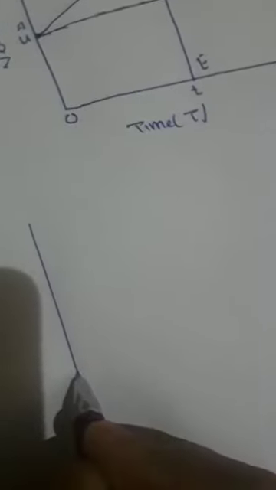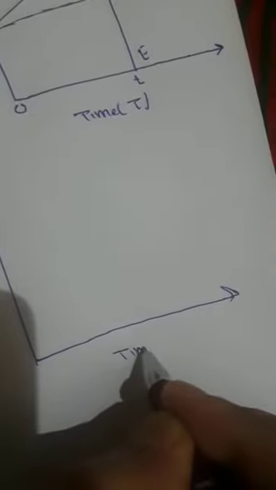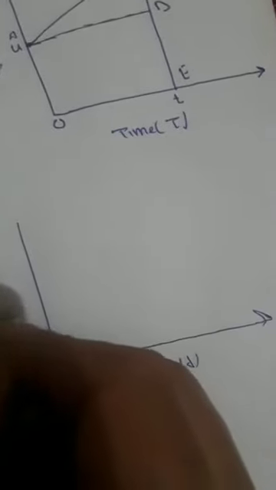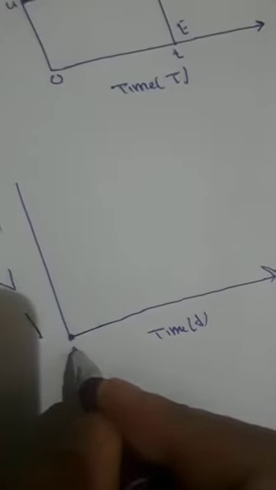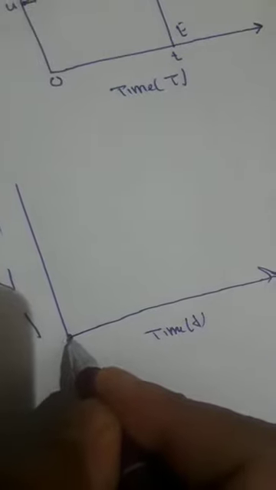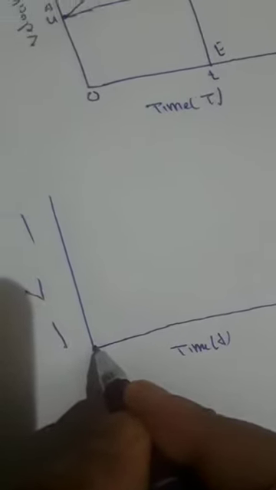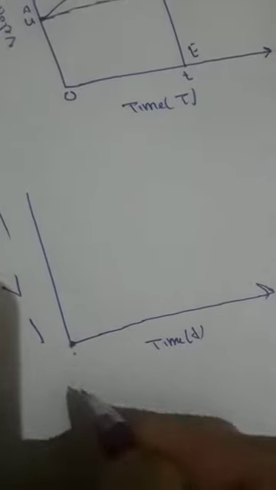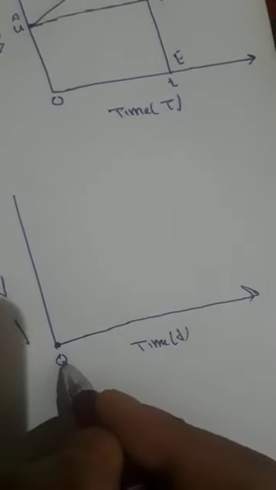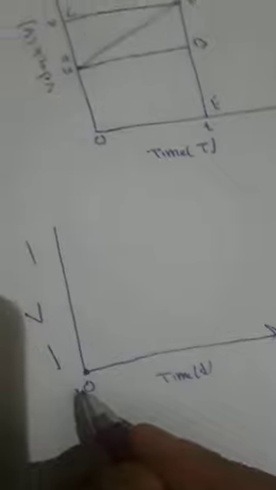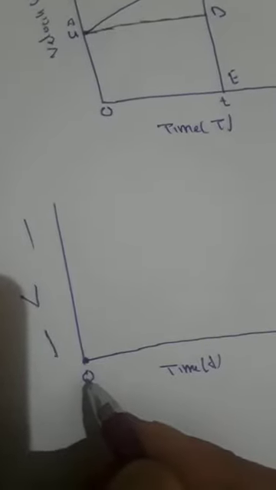It is a straight line. If you want to make this, you have to do it like this. Suppose this is velocity here, this is time t, and velocity v is represented here on the y-axis. This is the initial velocity of the body. Suppose this is the reference point, the origin, where we start. Suppose it is 0. That means time starts from 0 and velocity also starts from 0 here.